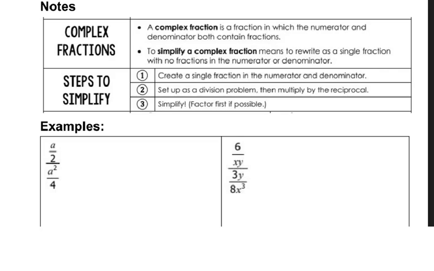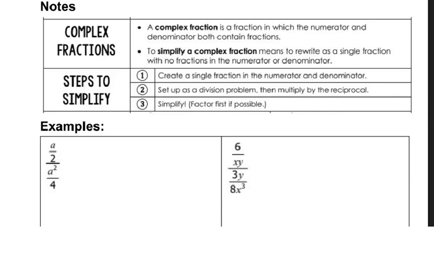In today's lesson, we're going to learn how to simplify complex fractions. A complex fraction is a fraction in which the numerator and denominator both, or maybe one of them, contains fractions. To simplify complex fractions, we're going to rewrite it as a single fraction with no fractions in numerator or denominator. So we're going to treat it like a division problem, dividing both rational equations. We're going to set up the division problem, and then multiply by the reciprocal and simplify